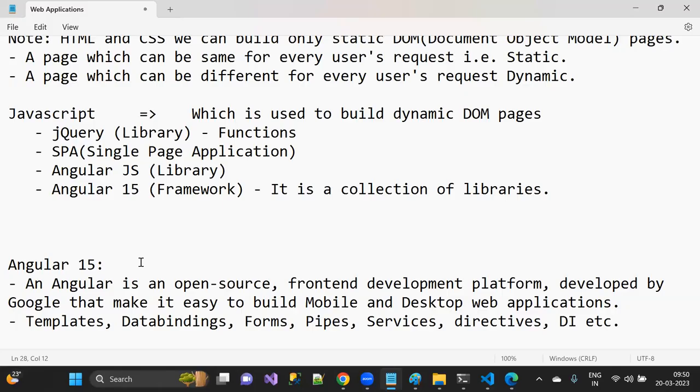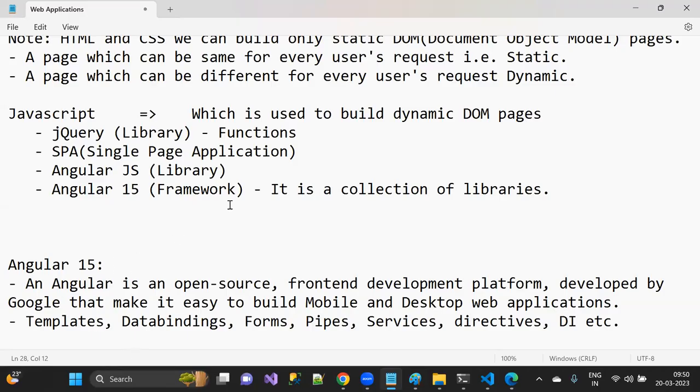But both are having good competitors in the market right now. In the same way, when it comes to Angular and React also, both are good competitors. No one can say that React is having a good market or Angular is having a good market. So it all depends on the requirements. That's it. Okay, fine. I'll come to that point again, Gopal. So this is about Angular.